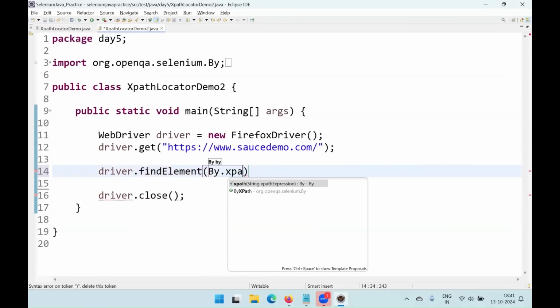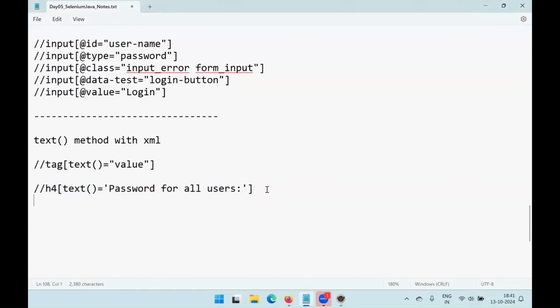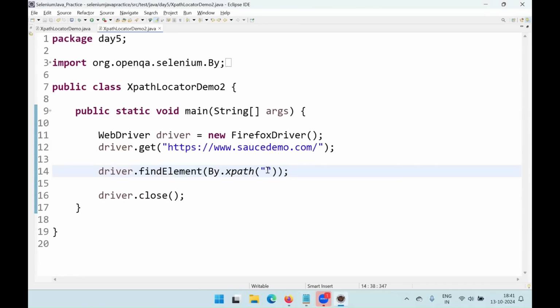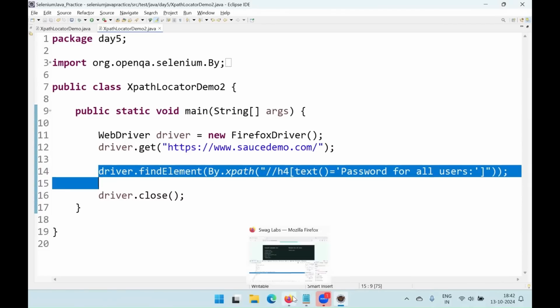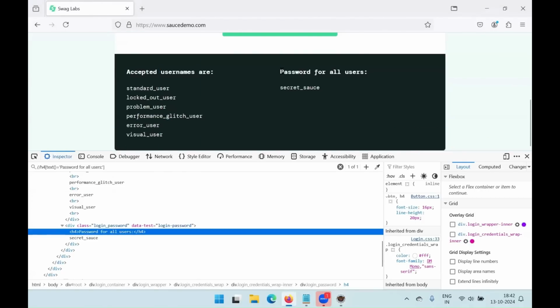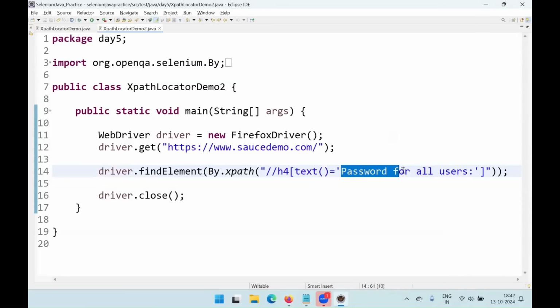driver.findElement(By.xpath). So this is also a method in XPath. So by.xpath, put double quotes and then pass this locator. So this test locator text. So this particular locator, what it will do, it will go to this web page and get the element for this locator. So if this is a button or something, I can click, but this is a simple text, right? So what I can do, I can